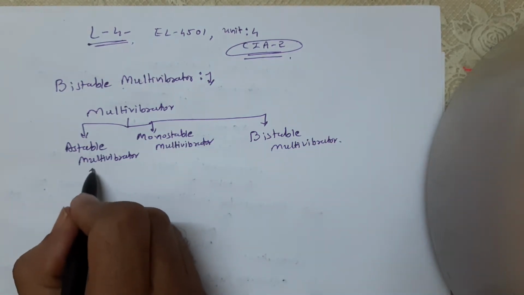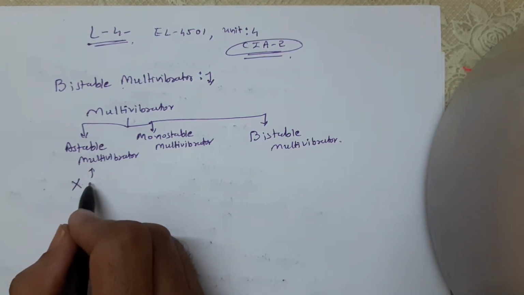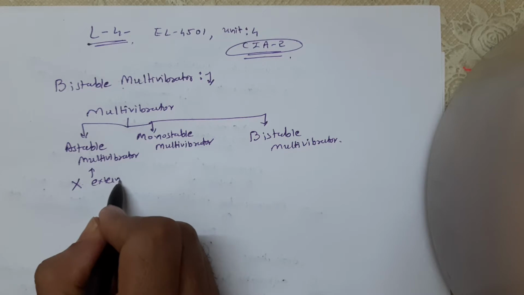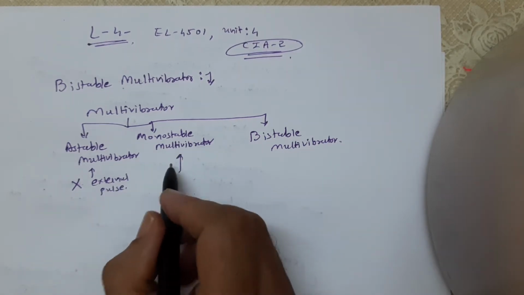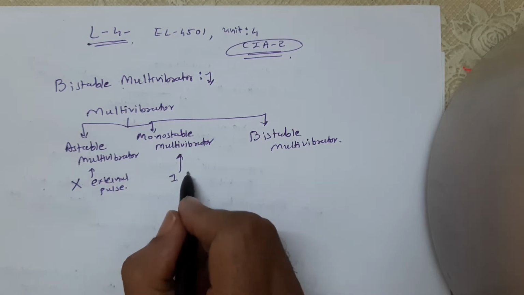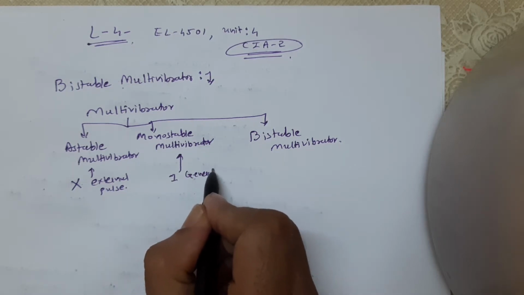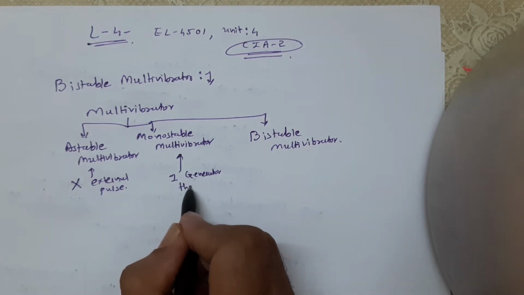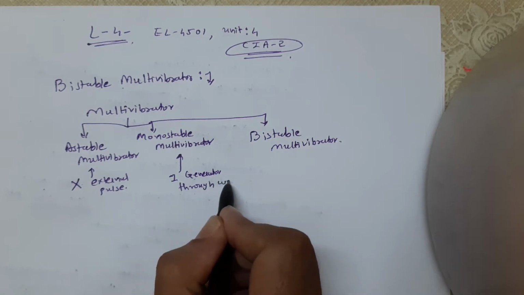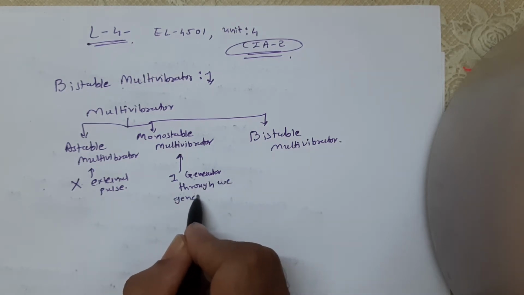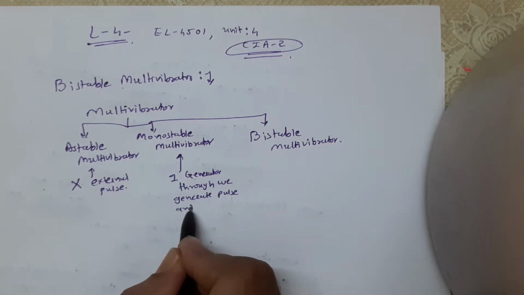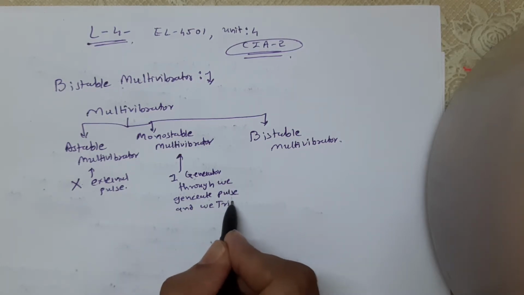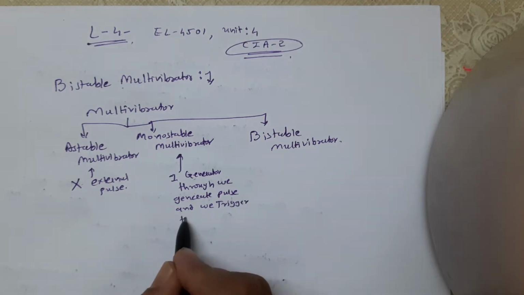See, there is no external pulse. Here there is one generator through which we generate a pulse and we trigger the circuit